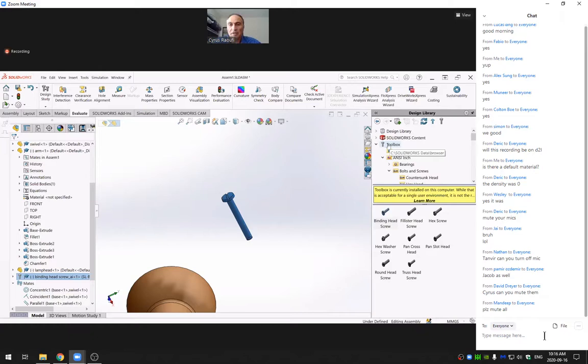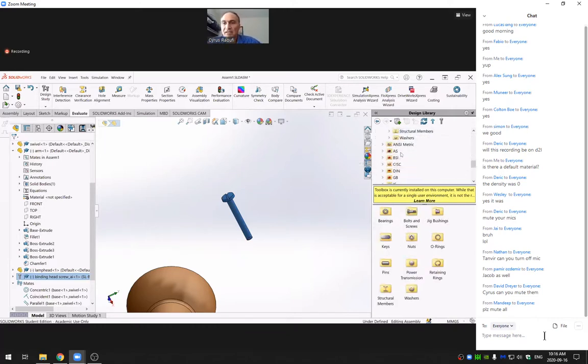You need to double click here and add, because you don't want to upload all that information if you don't need it. And here, if you go to one of those standards, you have different types of standard. As you see, we have British, Japanese, German, and so on. You have lots of information here. There's lots of standards here. If you select one of those standards, you have lots of